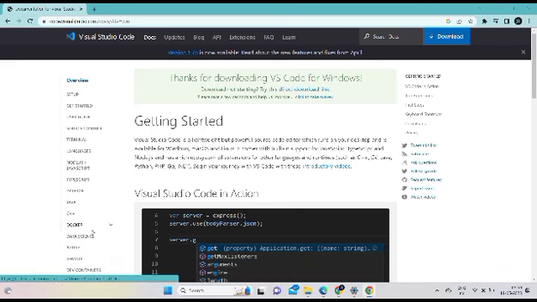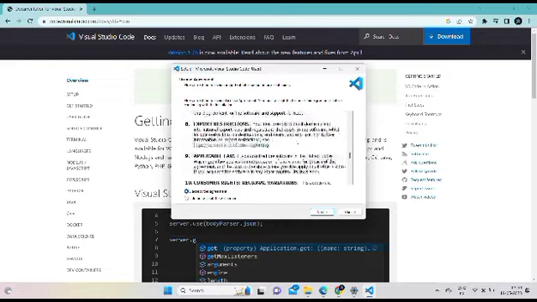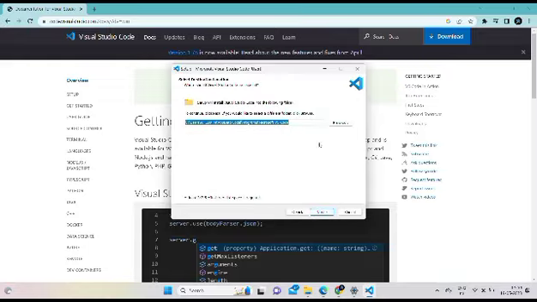After downloading, open it and select I accept the agreement. Click on that and click on next. If you want to read the agreement, you can read it. It is showing the location where VS Code is going to be stored. Next,